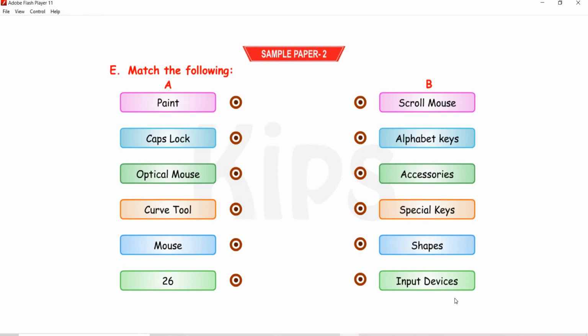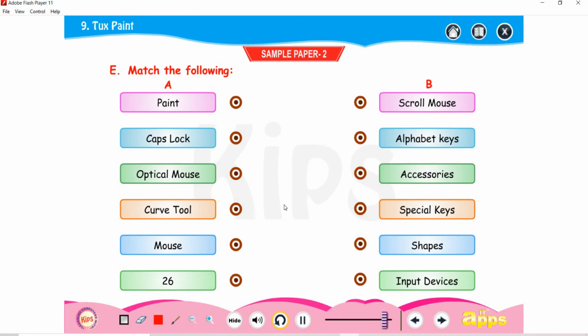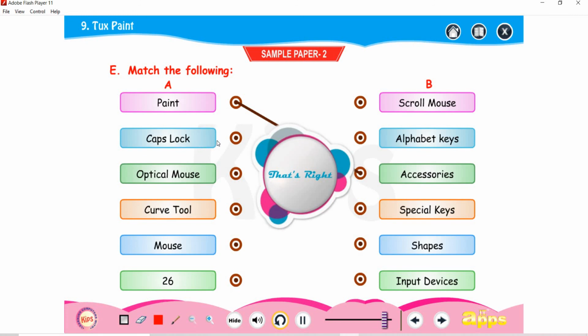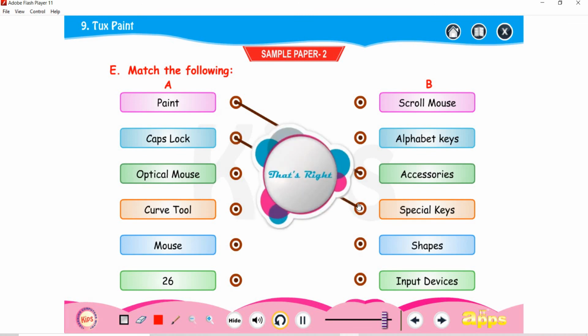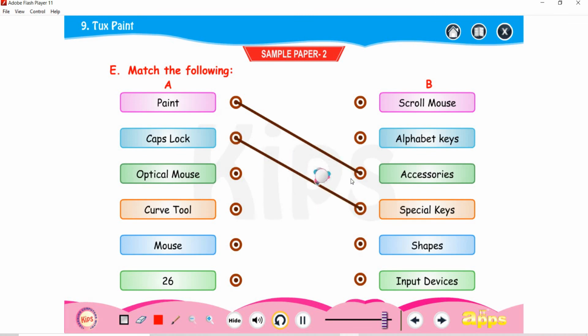Next question, match the following. First is the pen tool. A pen tool is in accessories. Next is caps lock. The caps lock key is called a special key, as I just wrote in the special keys. Next is optical mouse.